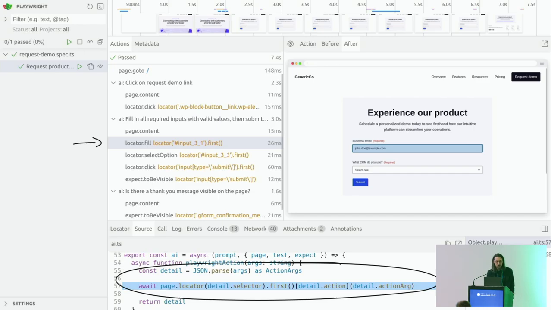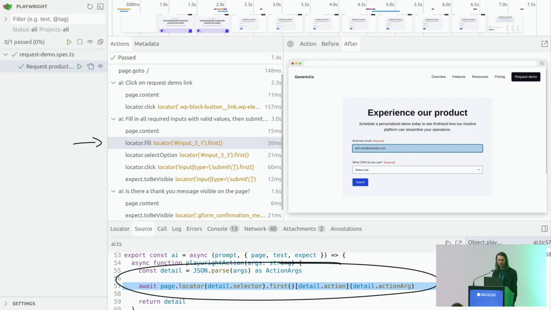What's important to realize is that if you look at the UI mode once again, it's still the same Playwright code that is executed. Now they are grouped under prompt, but nothing really changes when we look at the UI mode. What is very different, though, is if you look at the source part. So what we are seeing are variables.